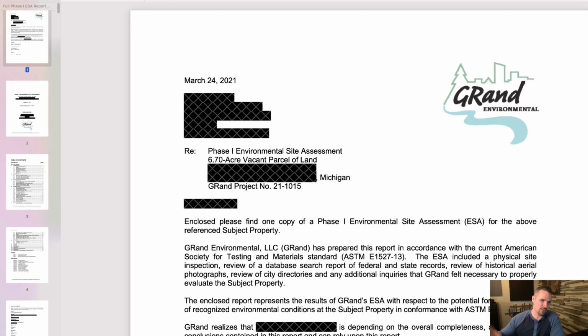And again, this was a super clean, pretty ideal outcome. They're definitely not always this way. Sometimes phase 1s will come back and just be a complete mess, and you have to go on and get a phase 2, which can range in cost. It obviously depends on where you are, but I've been told prices anywhere from $1,500 at the very low end up to like $7,000 for a phase 2, because there's a lot more hands-on work and testing involved. And of course, a phase 2 may not be the end of it either. If it comes back contaminated, there's a whole other set of steps you've got to go through.